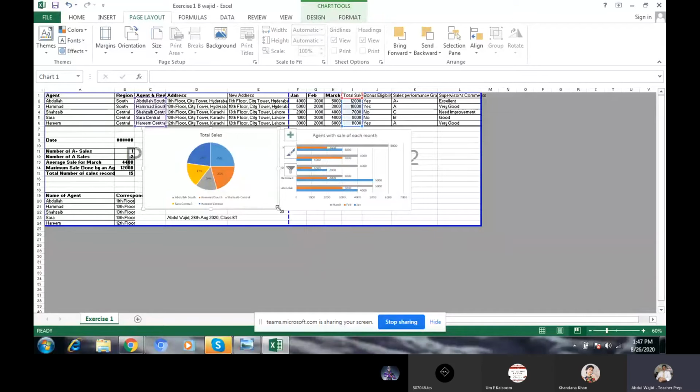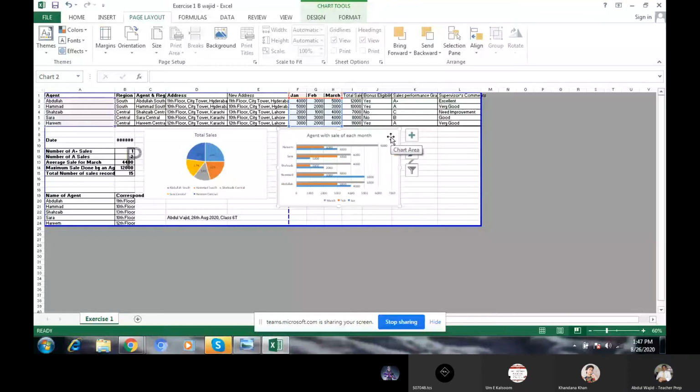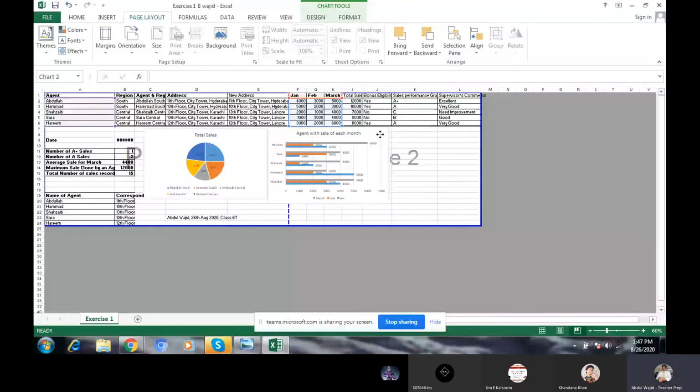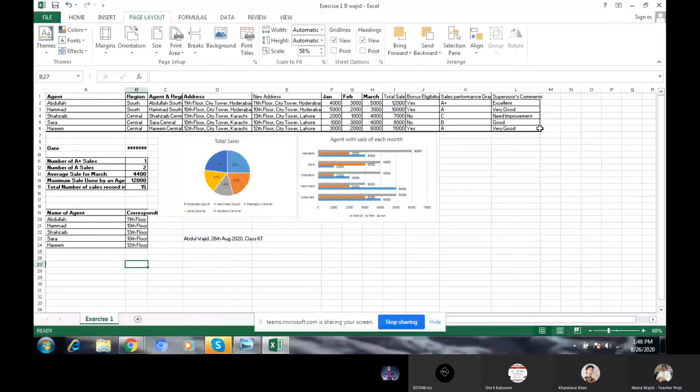We will reduce the size of this one and this chart again. We will drag it here, and if you click here down, you will drag this one till this. Now this page is exist. Okay, we will go there and check it, and we will click here now. Okay, again if you click here, now, again in 2 pages, you will drag it.